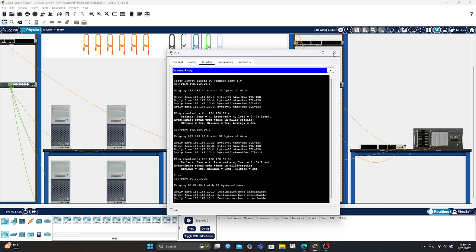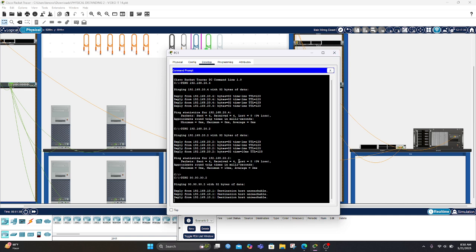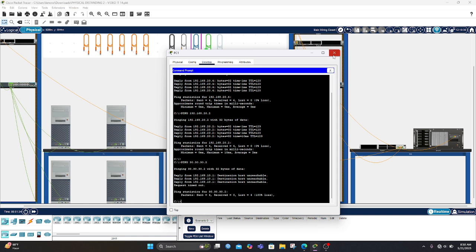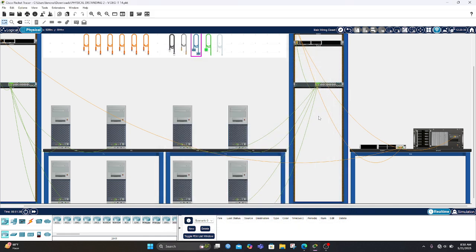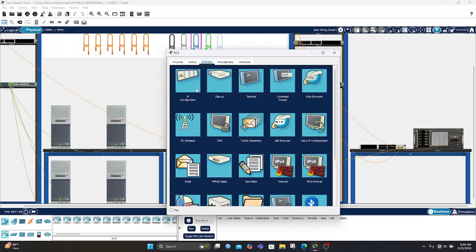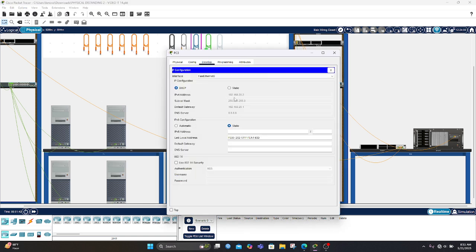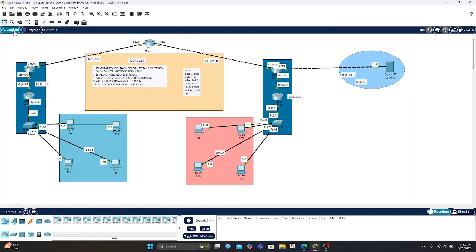It is unreachable, so the access list is successful. In PC1 in area 2, the IP address is 20.2.